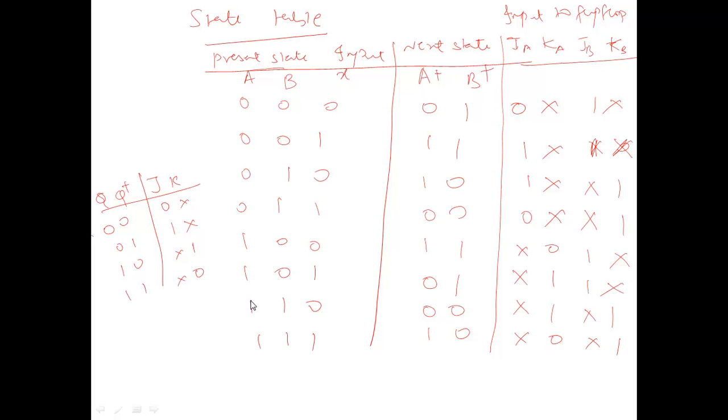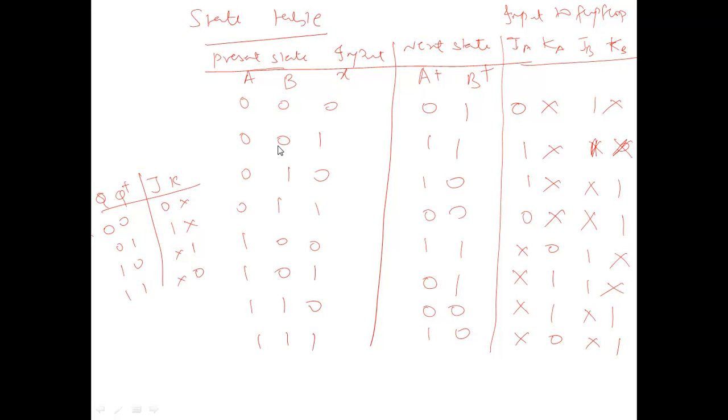So how many K-maps do you want? You want 4 K-maps now. One is for realizing JA alone, next is for realizing KA alone, JB and KB. So first let me draw the K-map only for JA. As you all know, it's a 3-variable K-map because you have two states A and B and one input control X. Okay, so you are going to use a 3-variable K-map. So like this, first you will do it for JA.